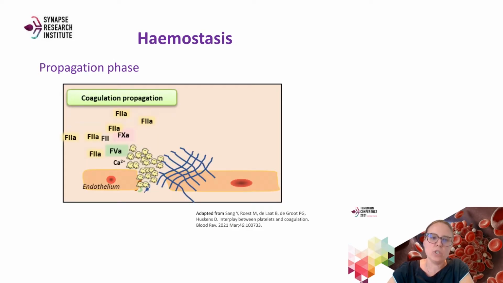And finally, during the propagation phase, a burst of thrombin is produced on activated platelets, leading to the formation of sufficient amounts of cross-linked fibrin fibers to form a stable thrombus. All these phases of hemostasis require the presence of cells, and this highlights the importance of adding cells when you measure thrombin generation. Therefore, we think that the presence of cells gives more insight into hemostasis that is missed when we measure only in platelet-poor plasma.